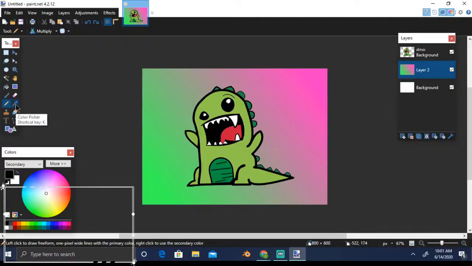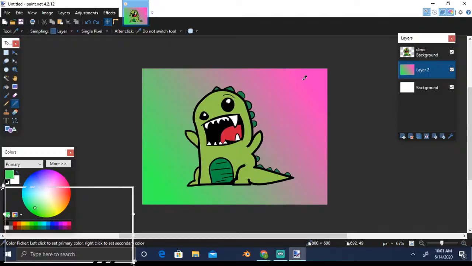The next tool is the color picker tool. This is a very interesting tool. Let's say you have painted this as green and you want this green to be everywhere, but you are trying to find it from here, but then there is some shade difference in that green. So what you can do is use the color picker tool. Click on the color you want. Here you can see now it has taken this color, right? Let me show you again.